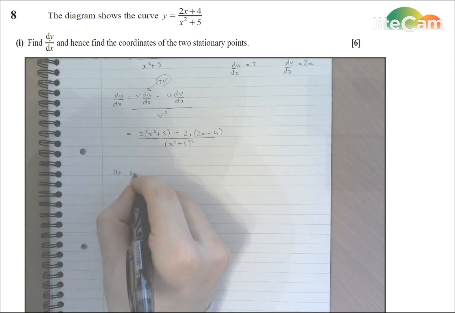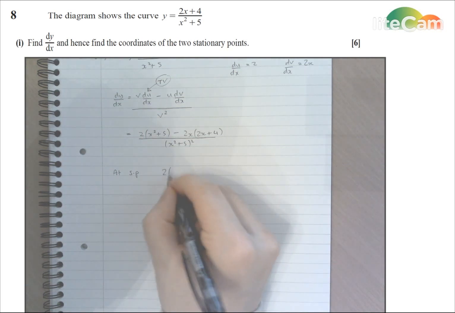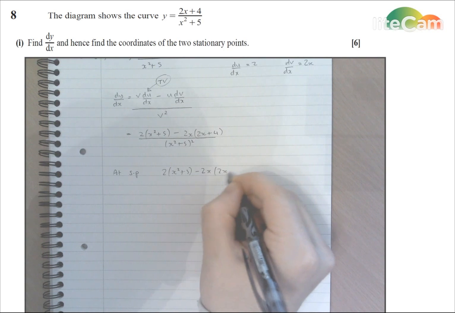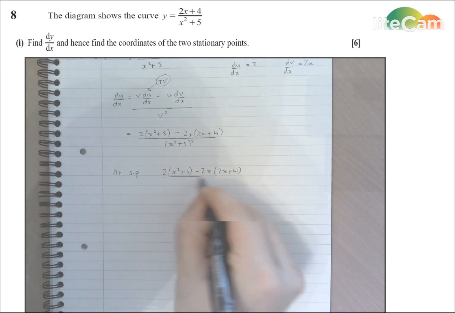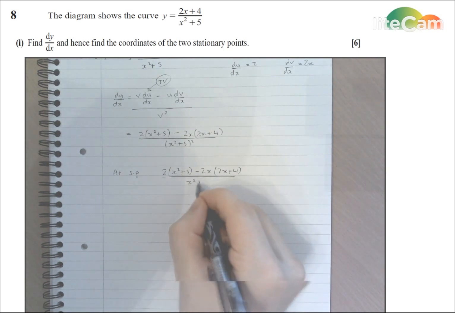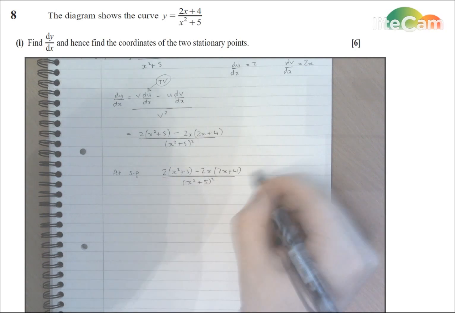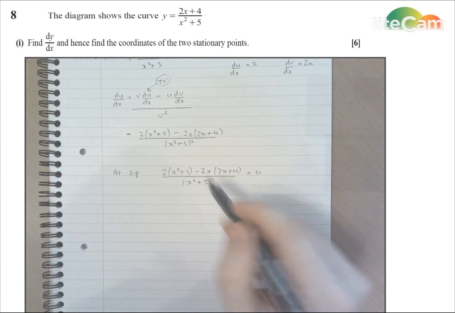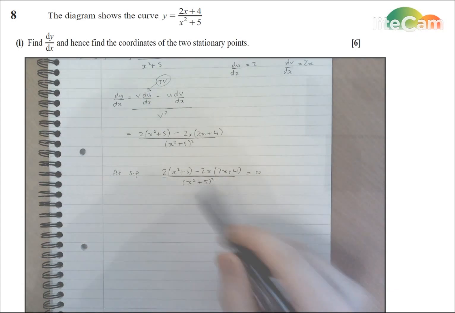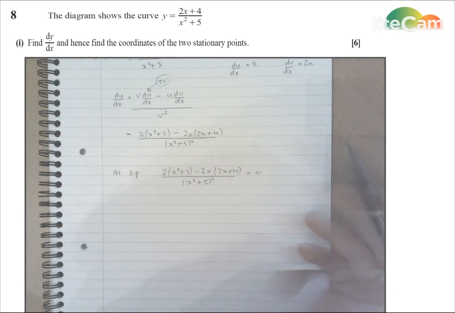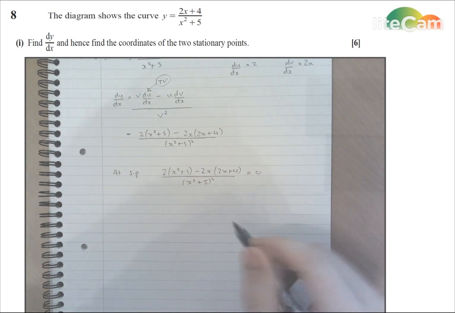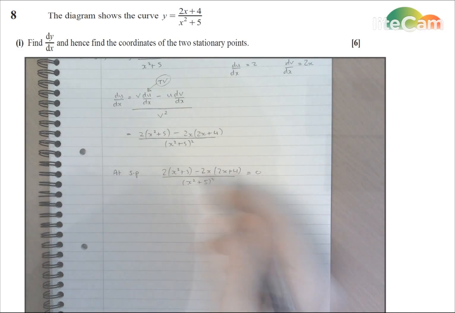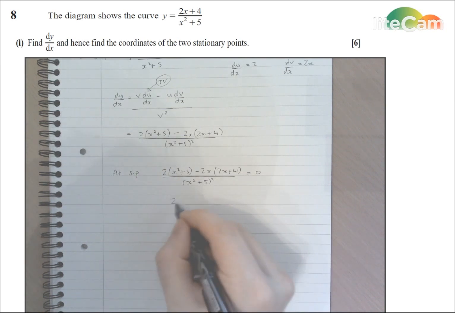However, we're looking to find stationary points, so at a stationary point we know that (2(x squared plus 5) minus 2x(2x plus 4)) over (x squared plus 5) squared equals 0. Now, for any fraction to equal 0, it's got to be the top part that equals 0, because if the bottom part equals 0 in a fraction, it's undefined. You can't divide by 0. So, for the purposes of solving this and finding out where it equals 0, I can ignore the bottom bit